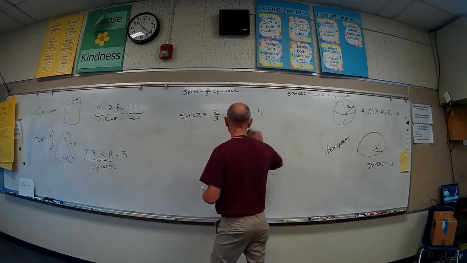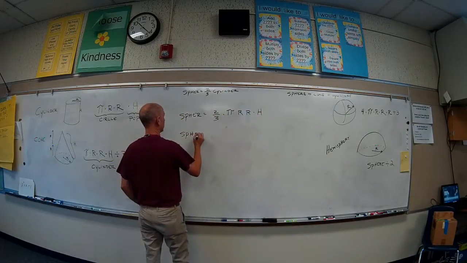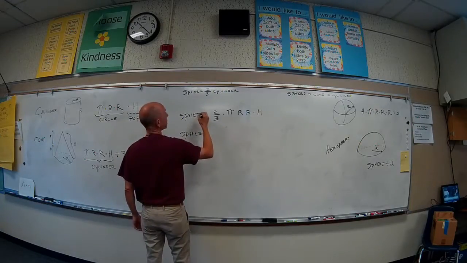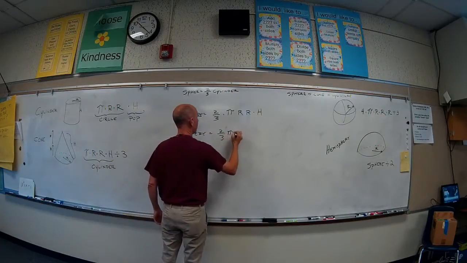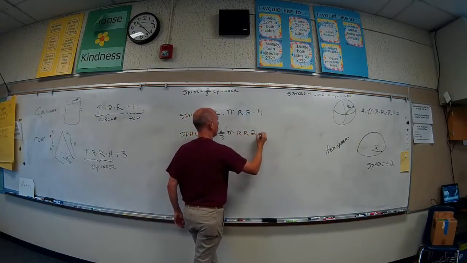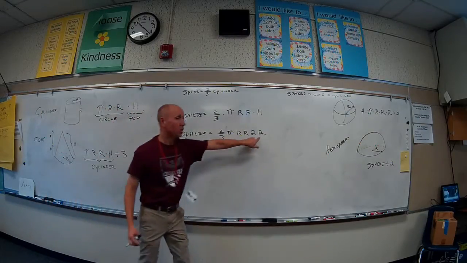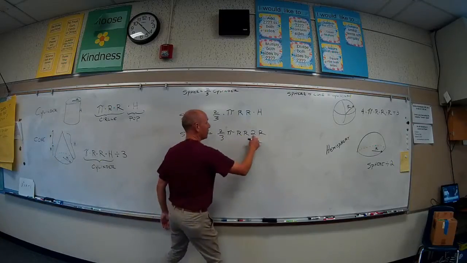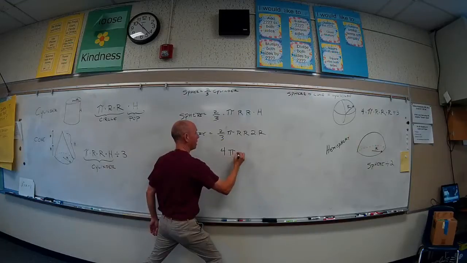So I'm going to erase my height. The volume of that sphere equals 2/3 pi r squared times 2R, because the height is really 2 R's. Simplify this down. What do I have? What's 2 times 2? 4. Pi R